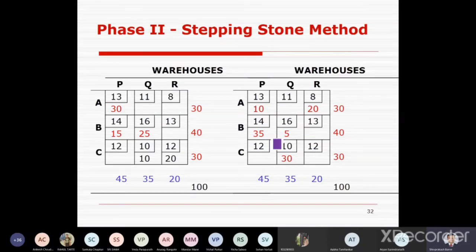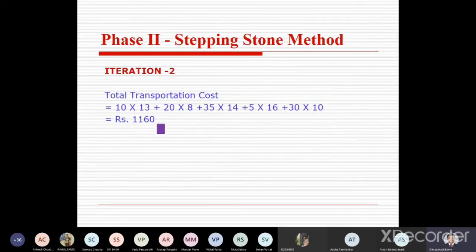After this iteration, once we have made that step, here the total is 30, here the total is 45, here is 35, here is 40, and this is 35. So all the horizontal capacities of the plants and vertical capacities of the warehouses remain as they are. If we shift some allocations like this, now we'll check whether there is a change in the total transportation cost or not. And here you see we got that the transportation cost is reduced to 1160 from 1340.